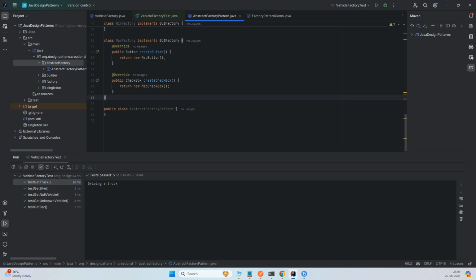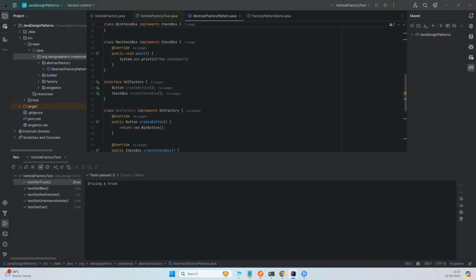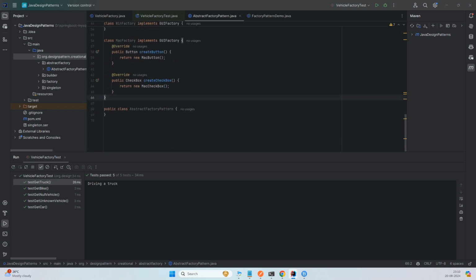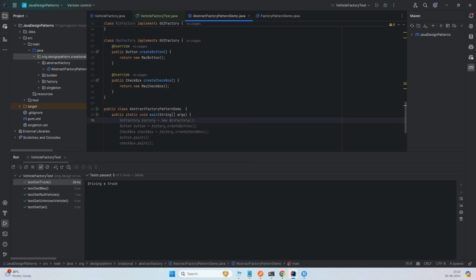Okay, and then we'll create a simple class, or I would simply rename this because I'm not using it. Let's rename the file name. Okay, and I'll have a main method,